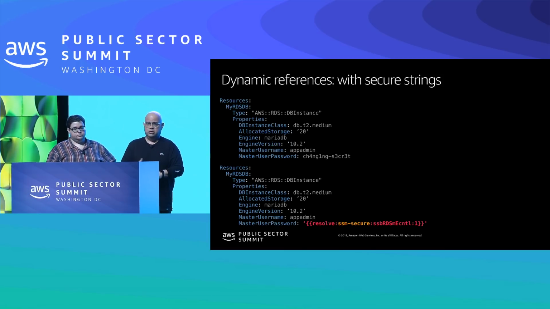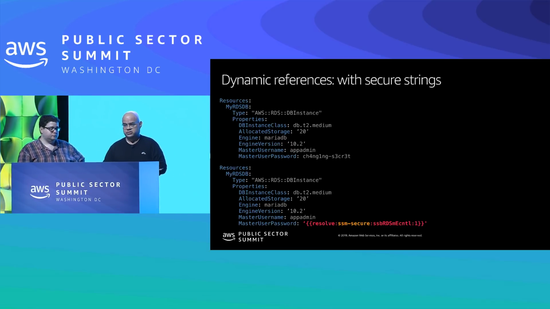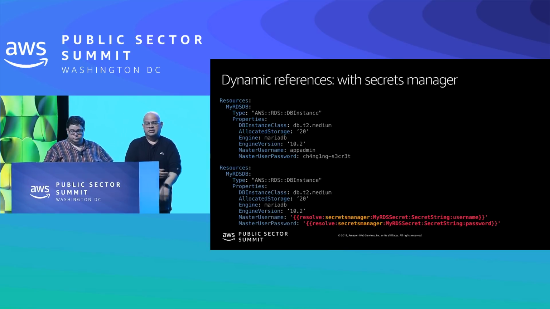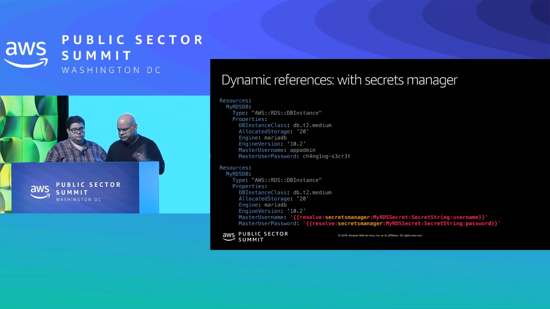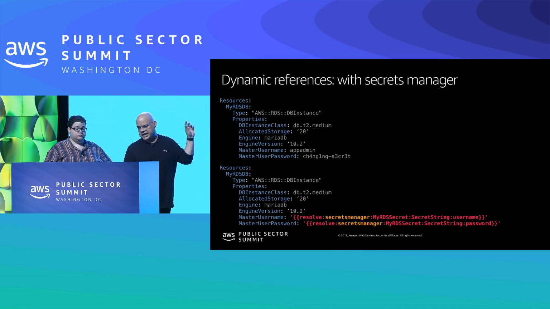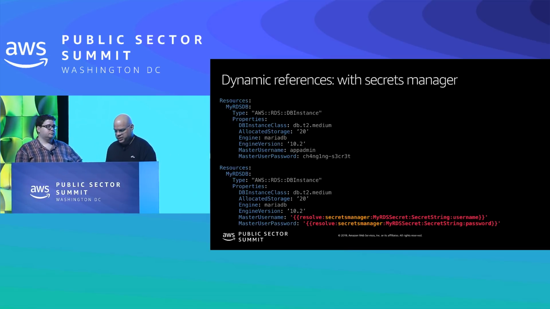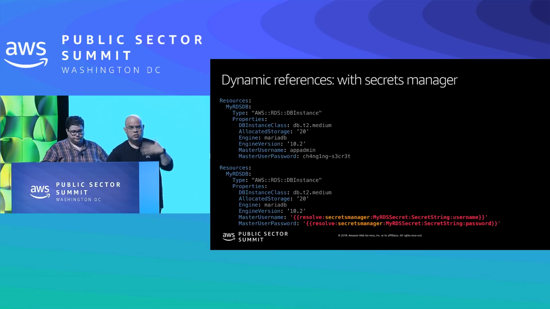Besides doing this with parameter store, which is available to you at no additional cost, and it does provide some versioning, you can also use Secrets Manager. The benefit in using Secrets Manager is, of course, it can essentially help you automatically rotate your keys. So dynamic references also work with Secrets Manager. If you're wondering about the format, it's bracket, bracket, resolve, the service itself, the parameter, the type of parameter, and then the parameter identifier. Our plans are to continue to improve this. I think it's resonated with some customers quite a bit.